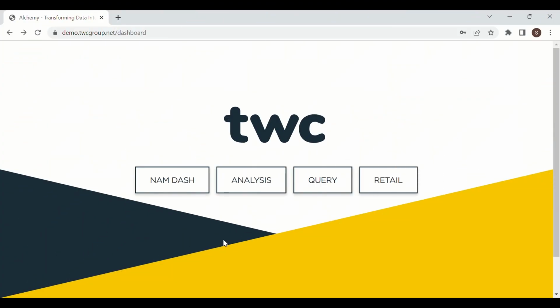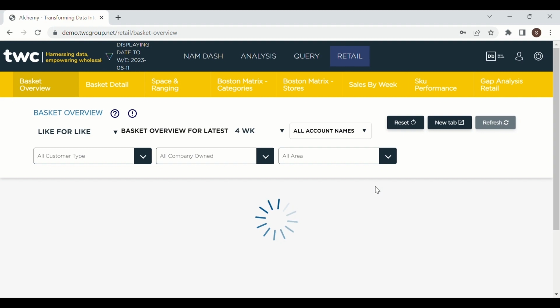This section is available from the homepage of SmartView, but only for those clients that are reporting their wholesale shipments as well as their retail EPOS sales out of convenience stores. Note that simple product supplier or brand rankings, year-on-year performance and sales share for retail can be found on the NAMDASH pages by using the drop-down that determines whether a user is looking at wholesale shipments or retail sales to consumers. The retail section of SmartView puts a different slant on the retail sales data and allows you to consider